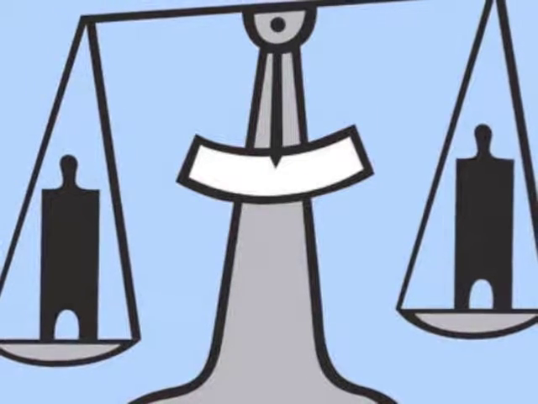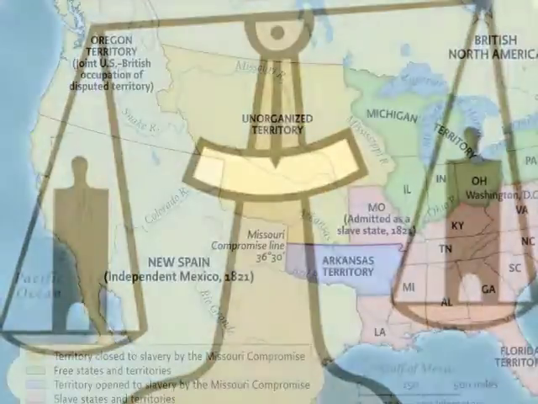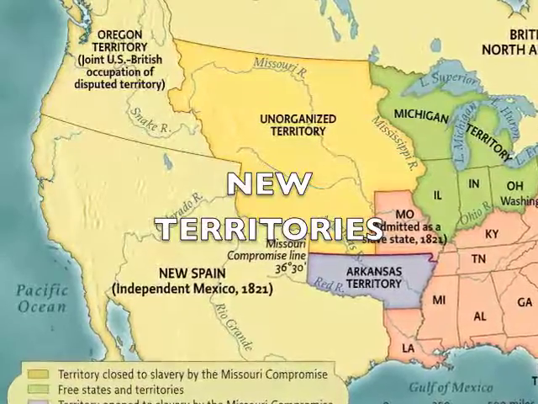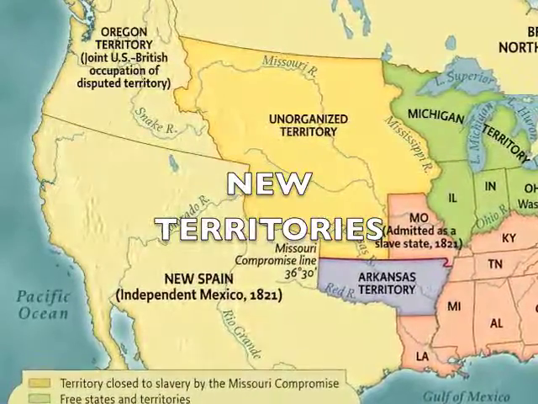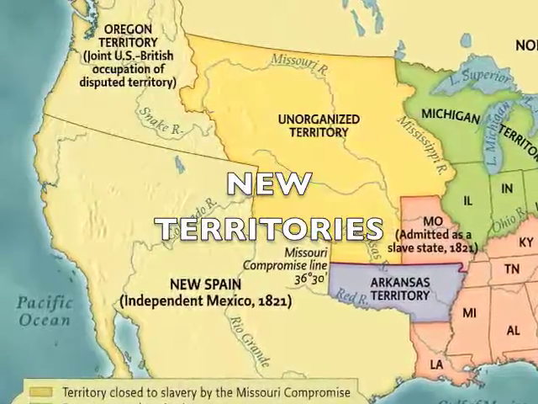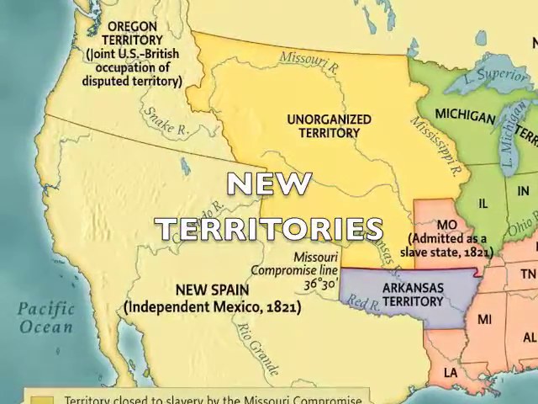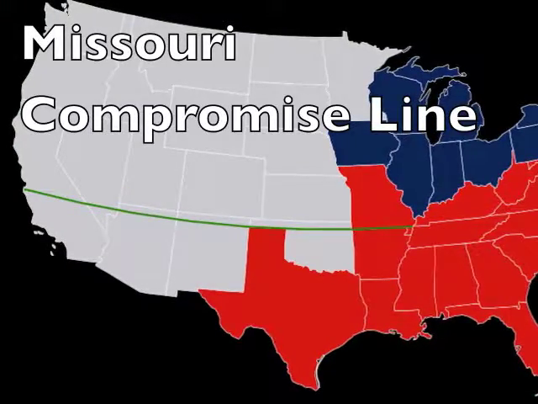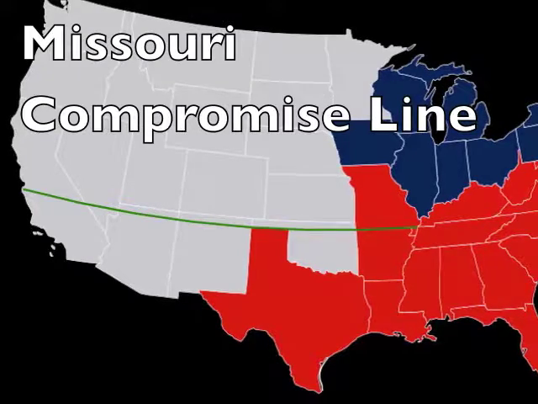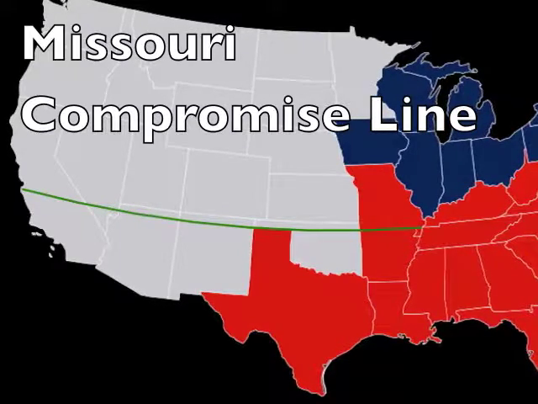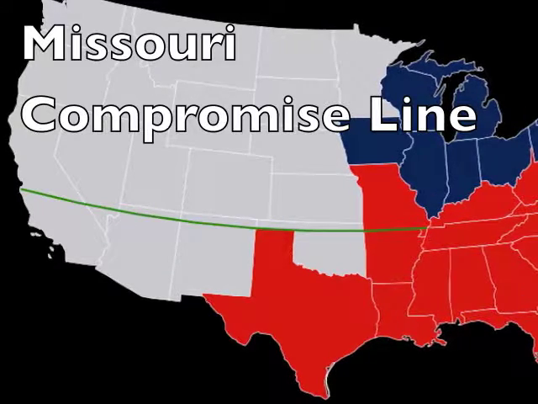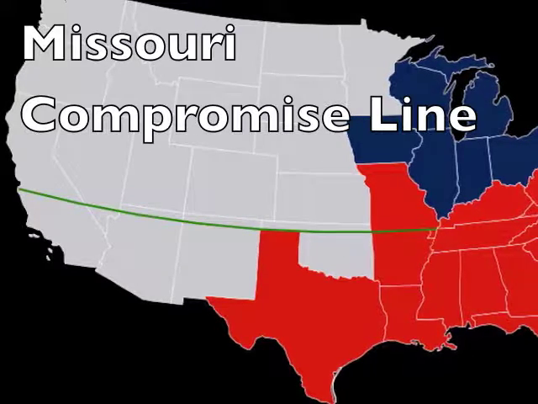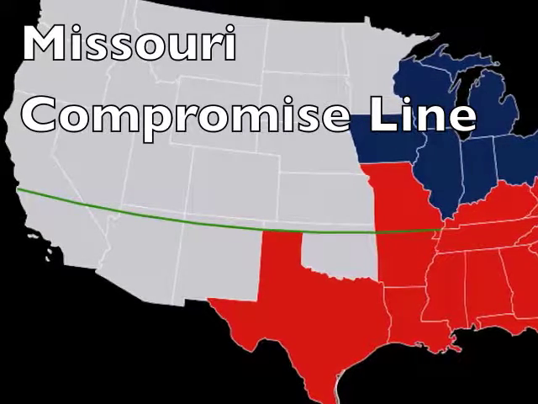But the real question would be this: what about the new territories? What about the states that would be created in those new territories? Should those states be allowed to have slavery in them or not? Well, the compromise basically said this. They drew a line right below Missouri. And they said any state that comes into the Union below this line may be permitted to have slaves in it. But all the states that will come in above this line may not be allowed to have slaves or